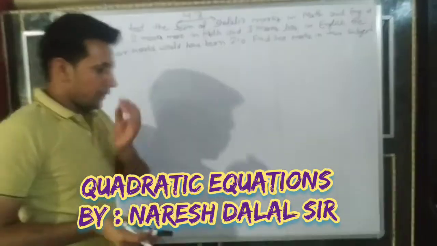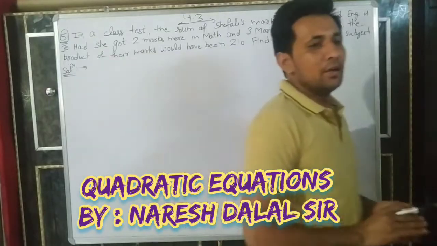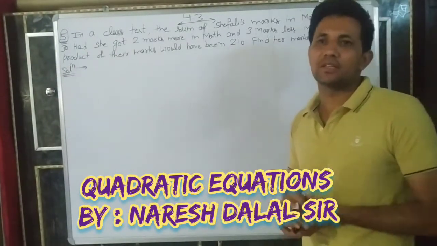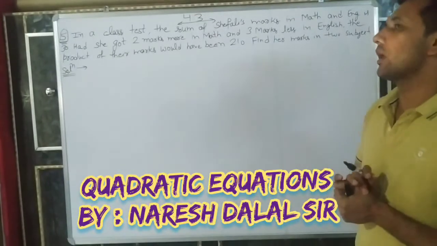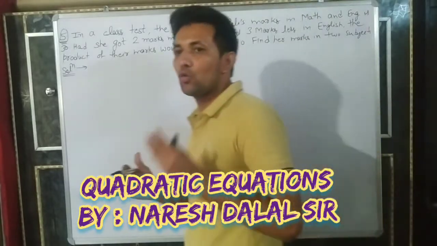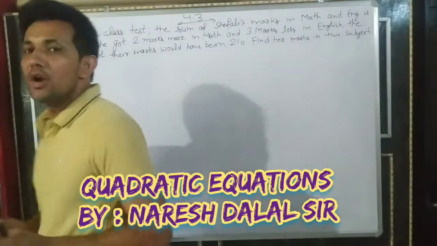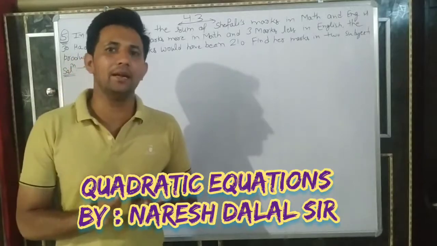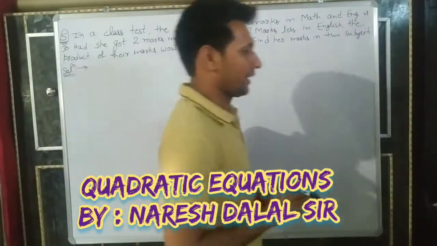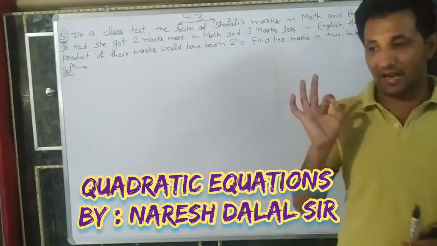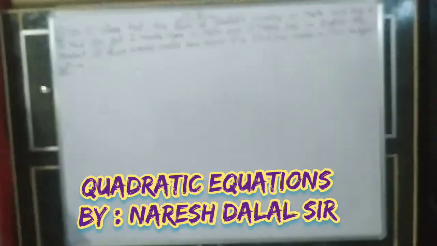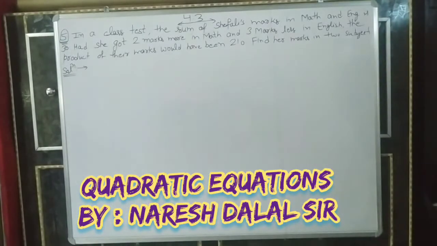In the last videos, we have already learned how to find the solutions of a quadratic equation by the quadratic formula. Till now, we have learned how to find the roots of a quadratic equation. The first method is by splitting the middle term, and the second method is by the quadratic formula. You can use any method here, in which you are convenient. Understand?